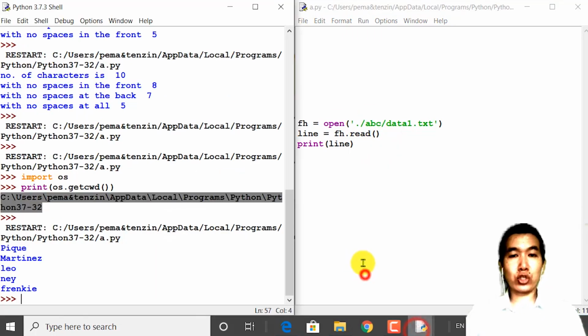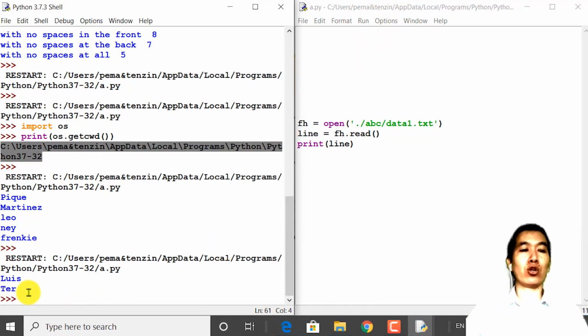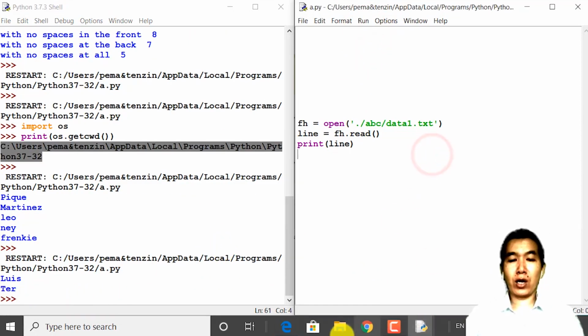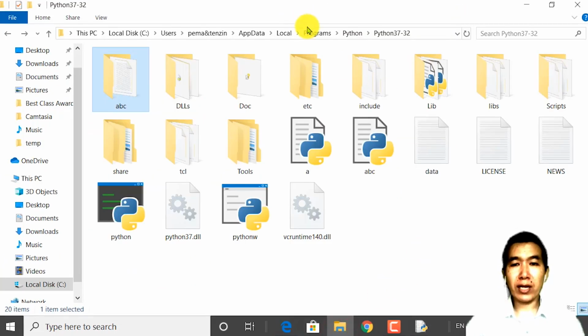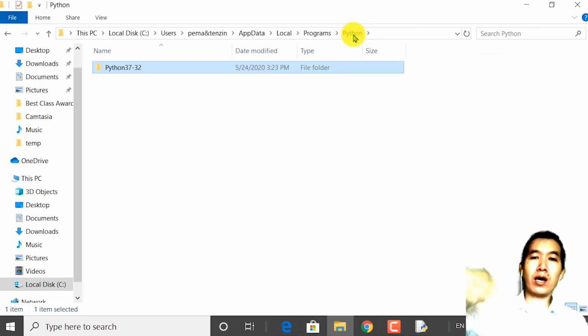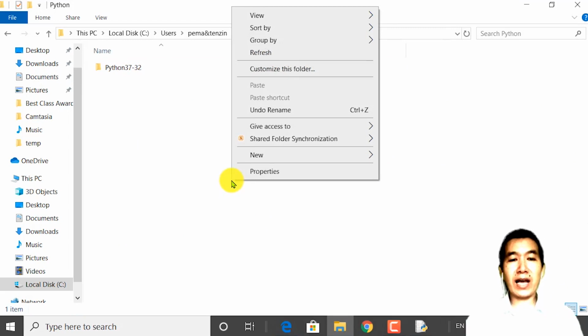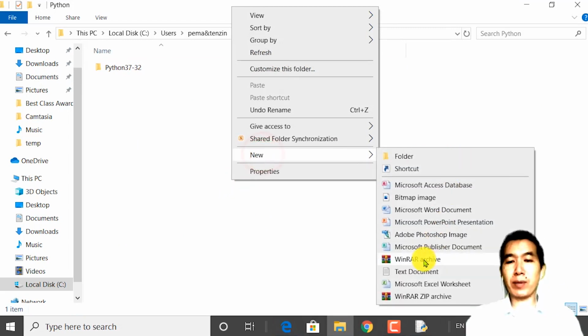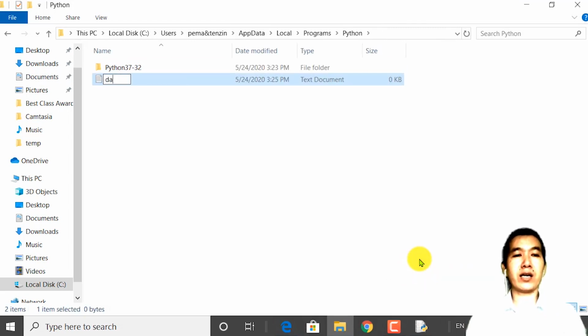Okay, where is my shell? Run this. Okay, there you go, Louis and Ter. Okay, for the final variation, let's go one folder up. The last folder is Python 37-32. Let's go to Python, one folder up, the tree, and then I'll create a file by the name of data2,